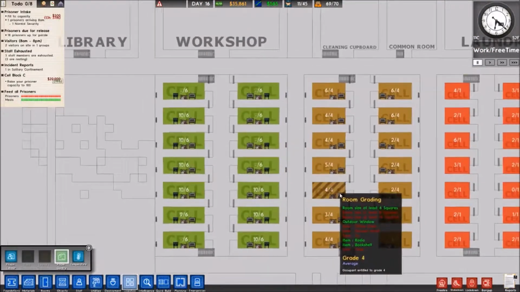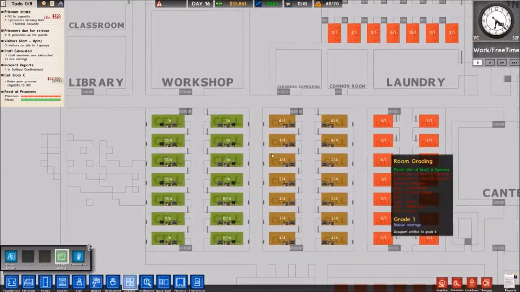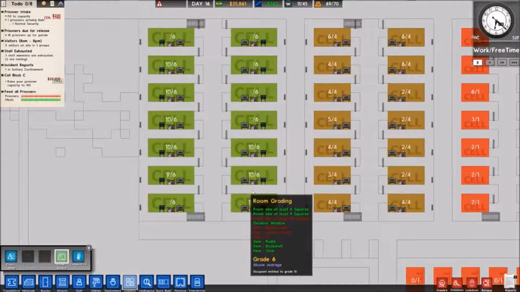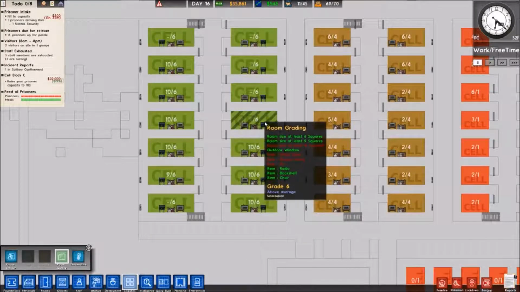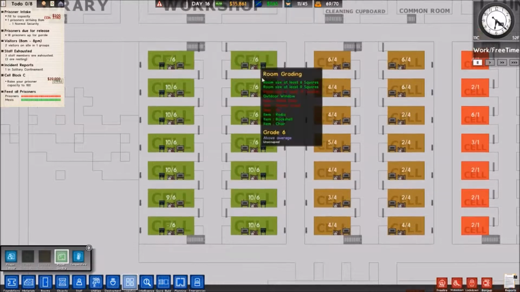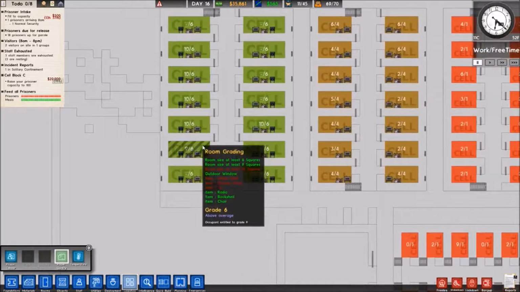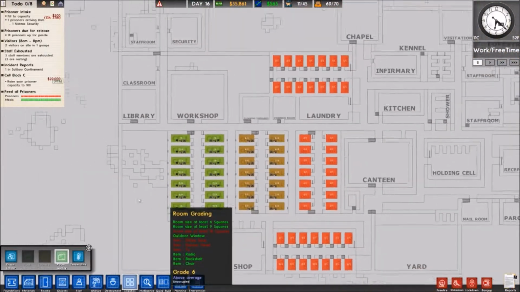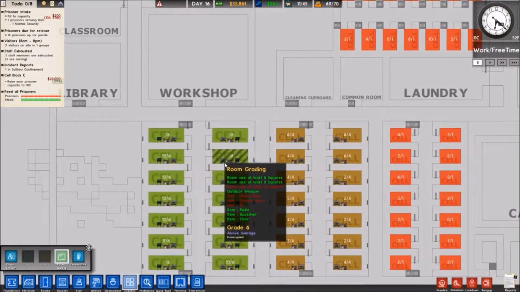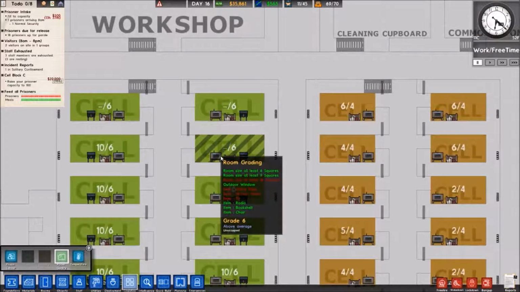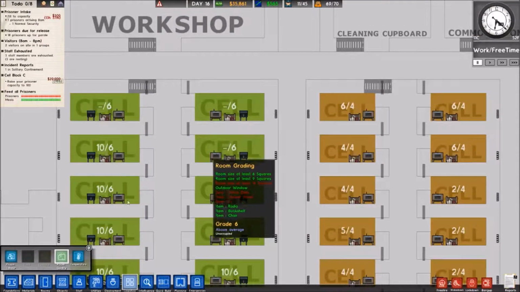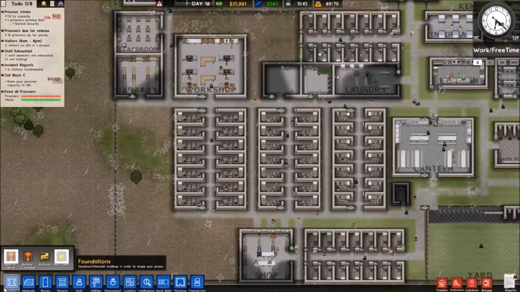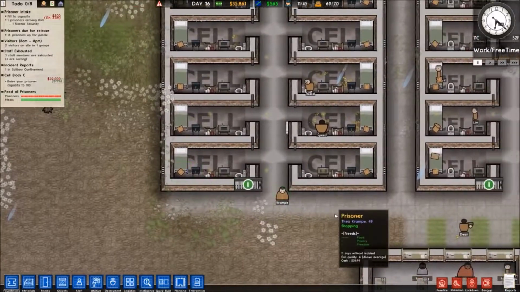Okay, so this is a grade 6 room. These are grade 4 rooms. What kind of people are in these grade 6 rooms? The prisoner is entitled to grade 10. Okay. Some of these are unoccupied right now, but a lot of these guys are apparently entitled to grade 10 rooms, which means we're going to have to make an even fancier room for them. Which is okay since they're such cool kids, but that's big. It's expensive.